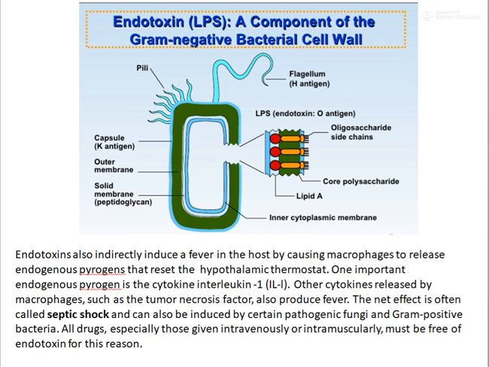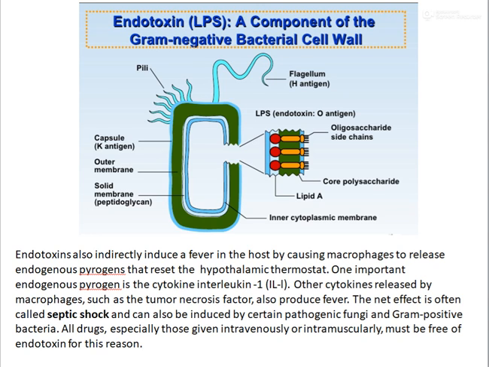These endotoxins indirectly induce a fever in the host by causing macrophages to release endogenous pyrogens, and pyrogens are something which cause fever. One of these endogenous pyrogens is interleukin 1, and other cytokines released by the macrophages, such as tumor necrosis factor, will also produce fever. But the net effect is septic shock. So when an endotoxin, especially lipopolysaccharide, is produced, you get fever inducing substances and it leads us into